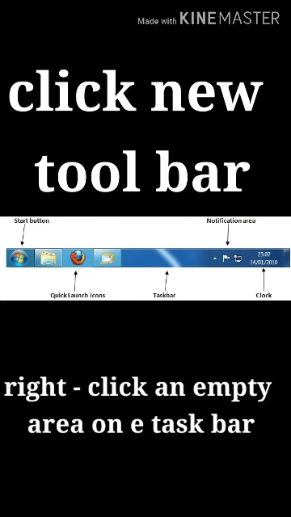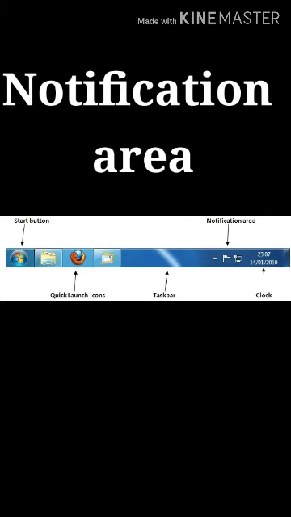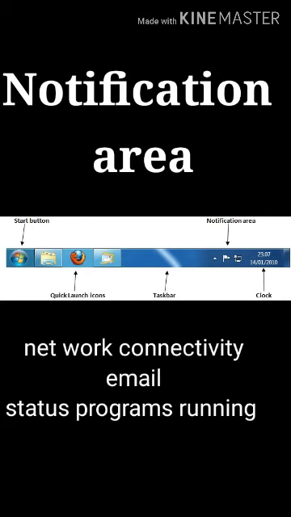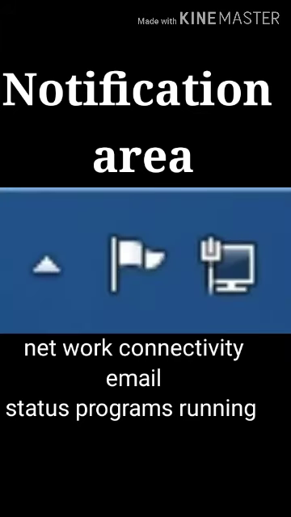Next one, notification area. It notifies about network connectivity, email and status of the programs running in the background. The notification area is one part of the taskbar. It provides a temporary source for notifications and status.